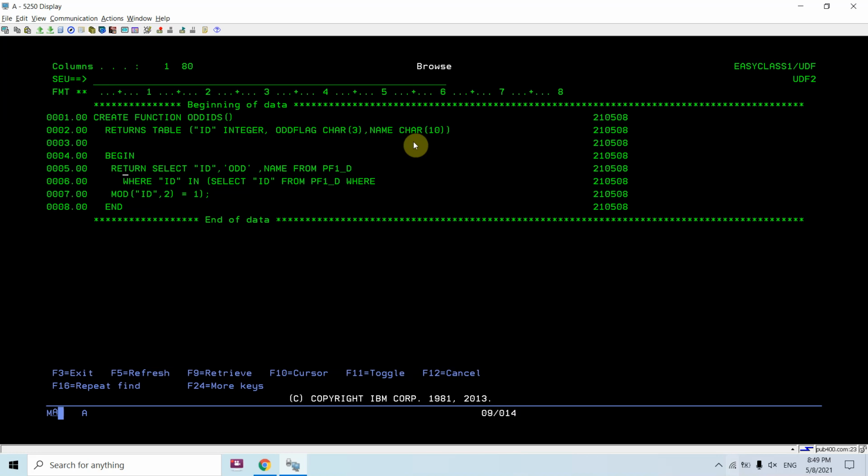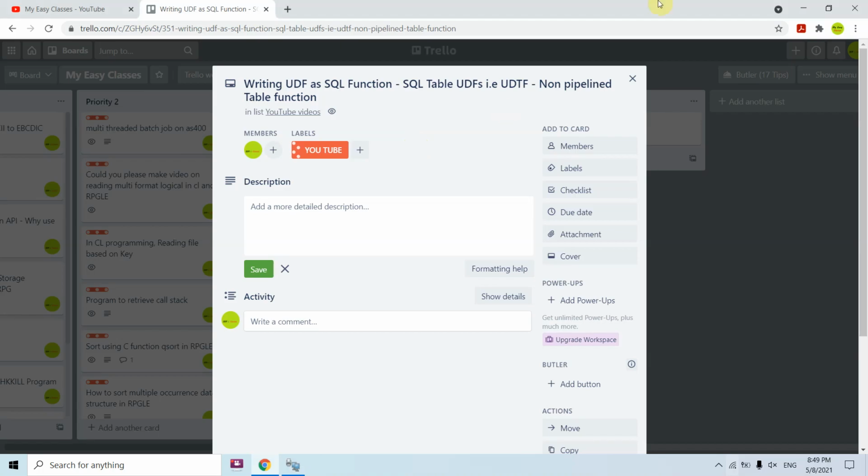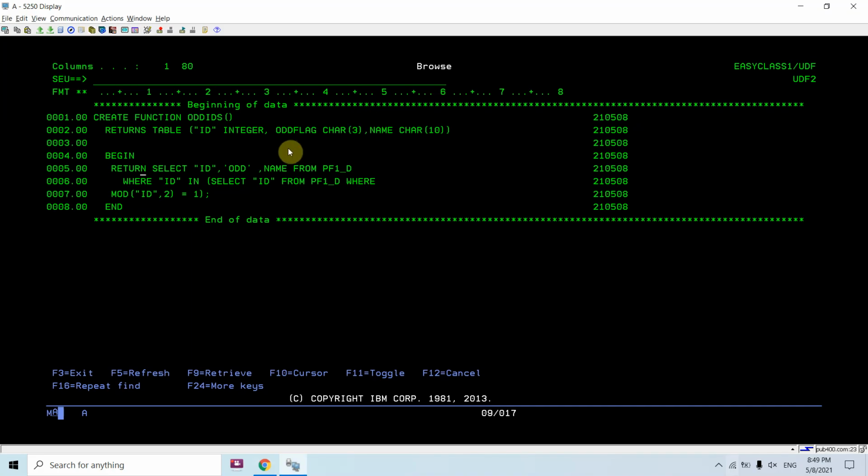So here I'm using begin and end for this SQL function. You can see I am using return with a select query. Whenever I use return with a select query, it means it's a non-pipeline table function. I am returning select ID, then the odd flag, then name from pf1_d. Since the odd flag is not a column in the table, I am always returning ODD as a constant from pf1_d where ID in